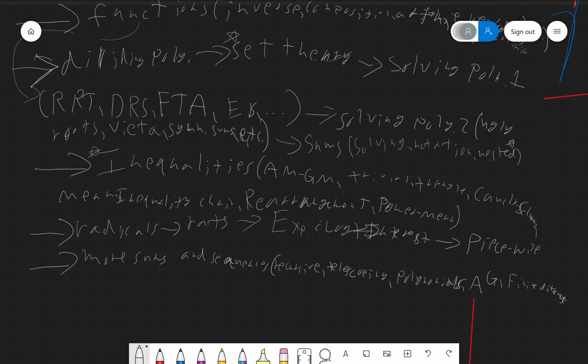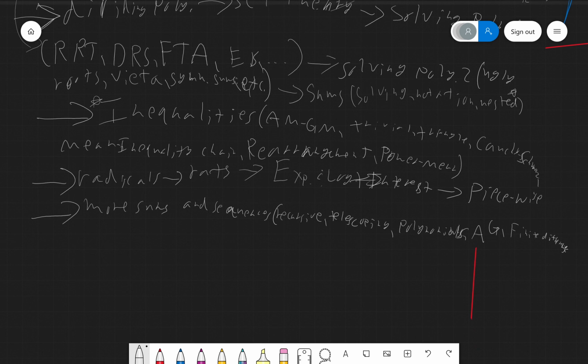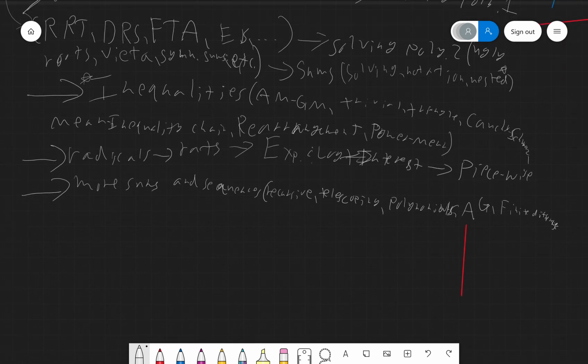Inequalities are kind of like a competition thing. They're not in the usual Algebra 2 curriculum, but they're really cool and they're helpful in competitions a lot, especially in high school ones. Then we're going to talk about radicals. Then we're going to talk about rational equations. After that, we're going to talk about exponential equations and log equations and interest, like compound interest, simple interest, continuous compound. After that, we're going to talk about piecewise functions, like absolute value,